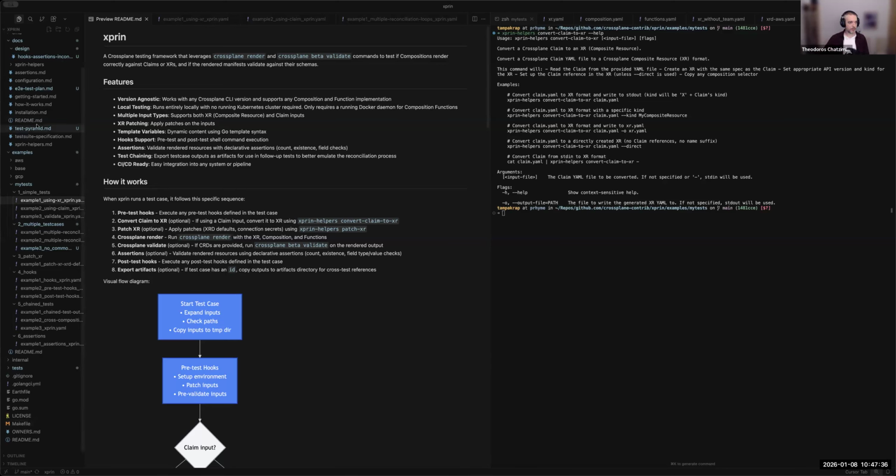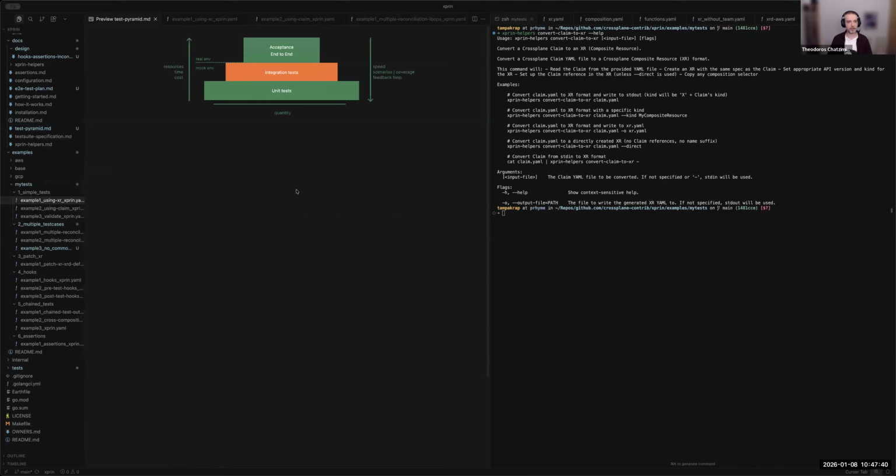In order to see the gap, I created this graph. There are ways to do unit testing. Basically, that's the test that you have for your functions. There are tools out there for acceptance or end-to-end testing, where Kubernetes clusters are set up locally and they create real resources in cloud providers. The integration testing part is the gap that I found that I wanted to solve.